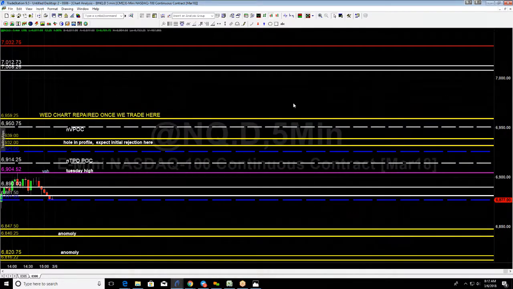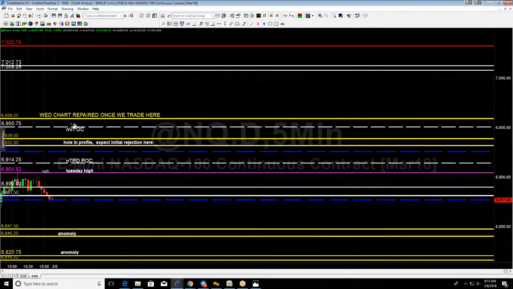So a lot of areas in between. You'll notice I really don't have a white zone all the way up here till 70.12. Important to recognize. All-time high at 70.32. That's actually achievable with the range we've been having today, believe it or not. I'm not saying that we do that today, but we're trading 69.17. We tack on 100 points. That puts us at 70.19, right? That's just a sneeze away from getting the high. So I don't see a reason why we can't make the jump up there.